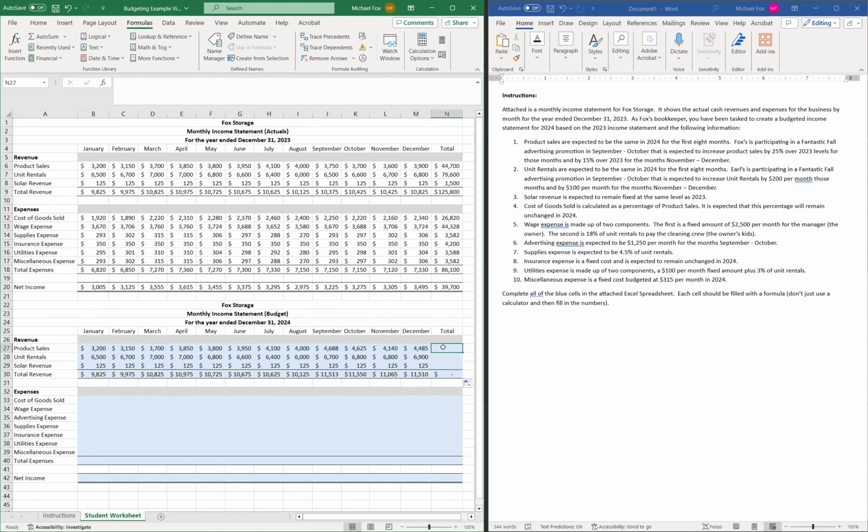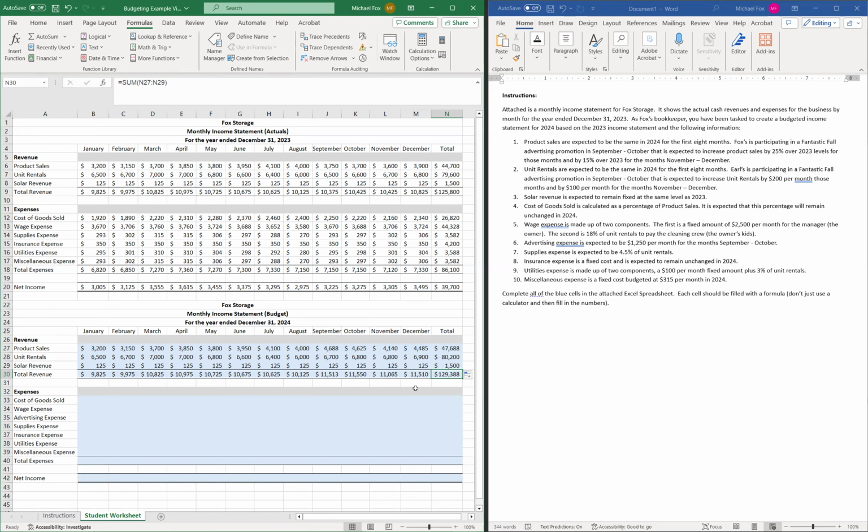And I'll do the same over here in the total for the row. I'll use auto sum. It will assume I want to do January through December. And so I can then fill that down. The only problem with filling that down, well, actually it works just fine. So I can see that I had a total revenue now, or I'm projecting a total revenue for 2024 of